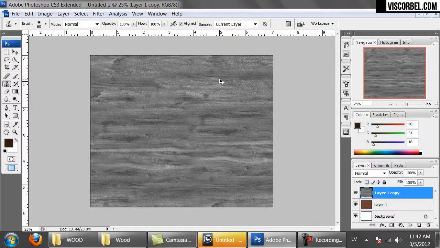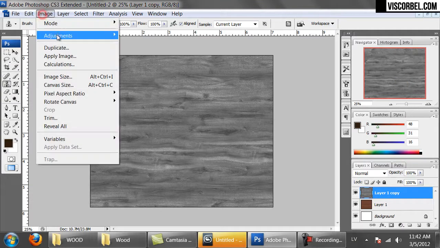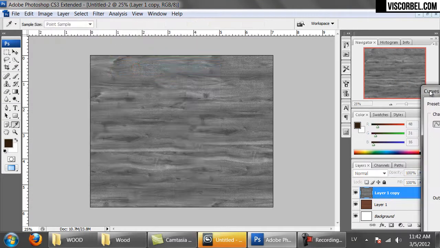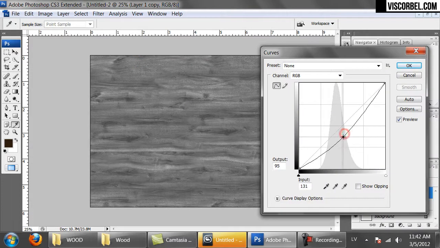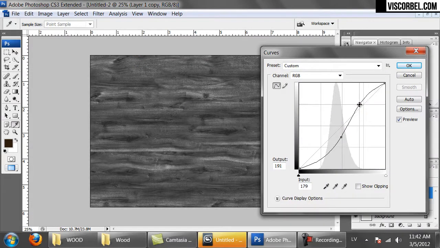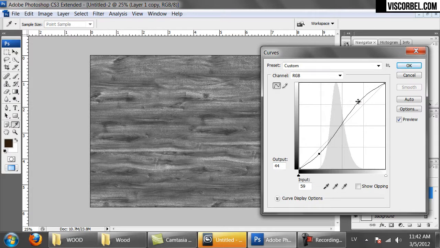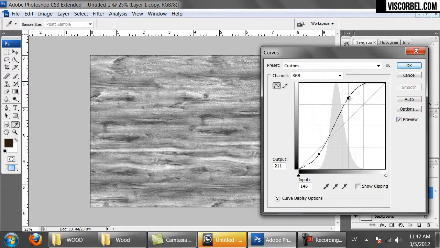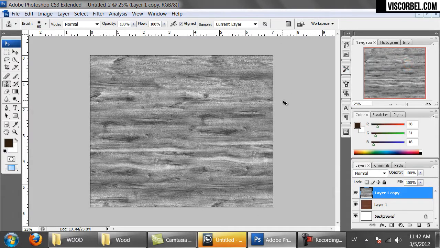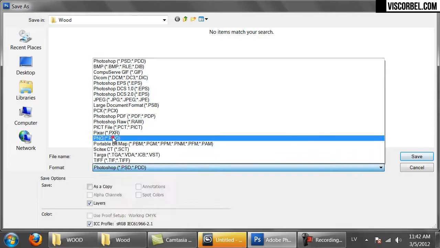And let's create more contrast by using the curves tool. To make it more contrasty, create an S shape with the curve. This boosts the highlights and makes the shadows darker. So I think this is pretty good. Let's save it as